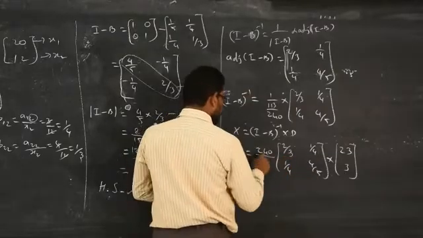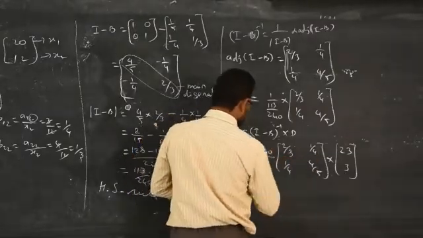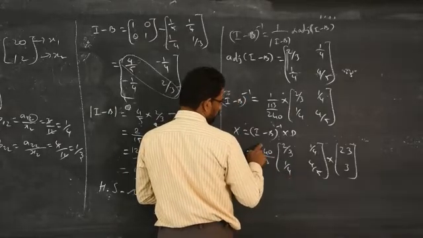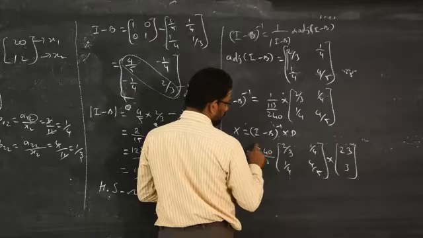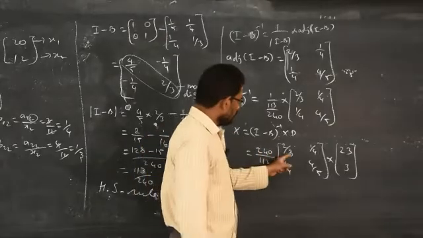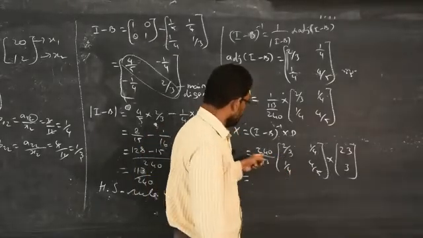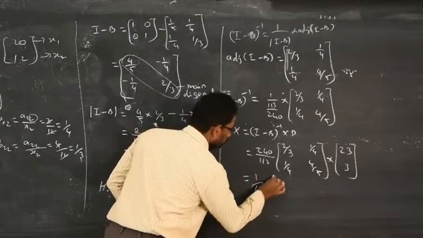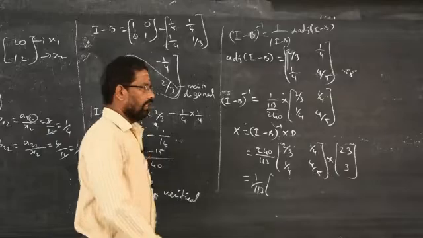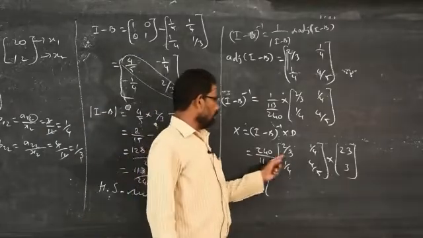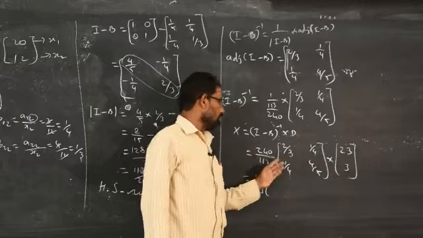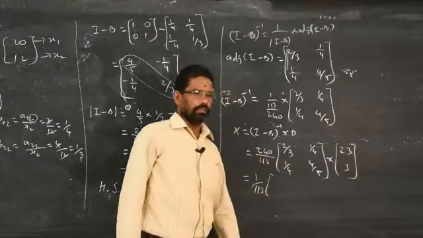It will go: 3 will go 80 times, 4 will go 60 times, and 5 will go how many times? 5 fours are 20, so 48 times. So all these denominators will go exactly into 240, therefore you can take 240 inside the bracket. When 240 is not divisible by all these denominators, then you have to keep this as it is and multiply by the usual method.